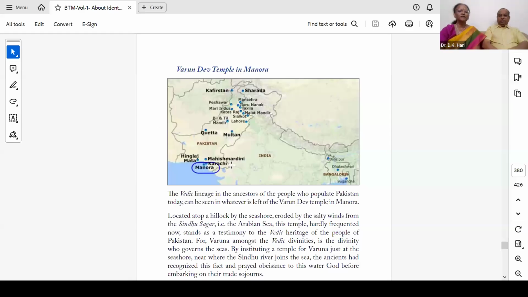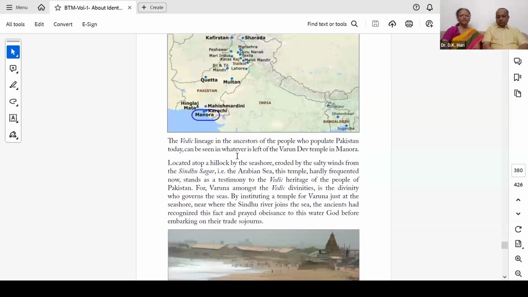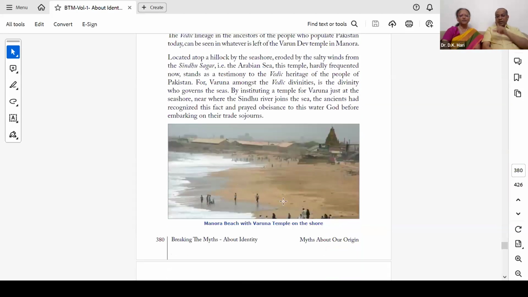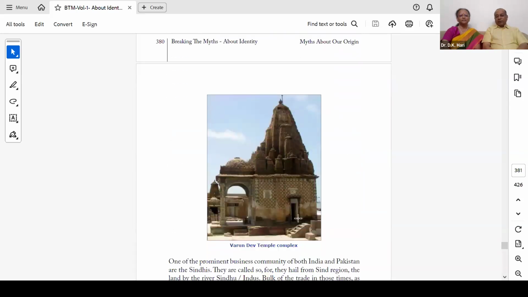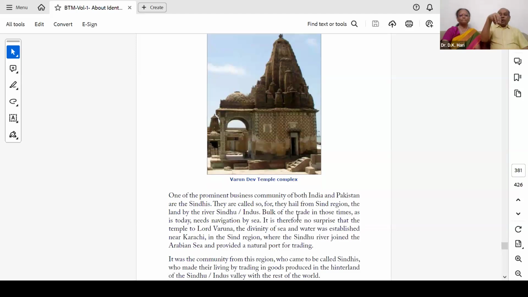So we have written about this in our book, Breaking the Myths, about identity. You'll find more details and more recent pictures. So that's the temple that's here. This is on the beach. It's Manora beach with the temple here. So that's the temple for Varun Dev. Look at the top point of the